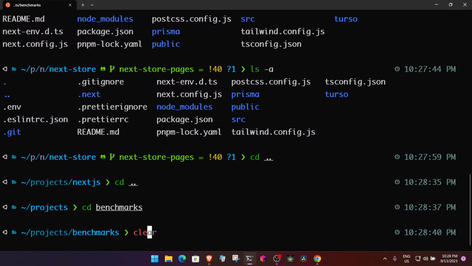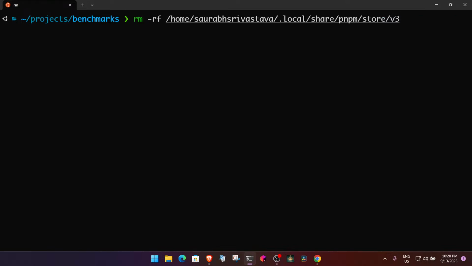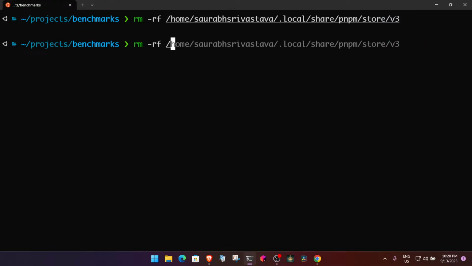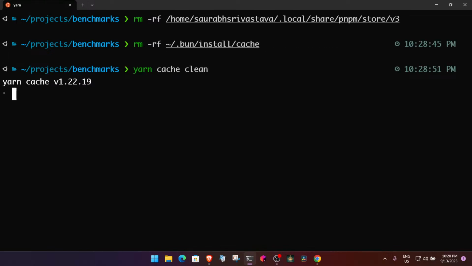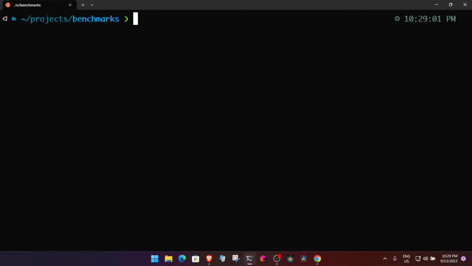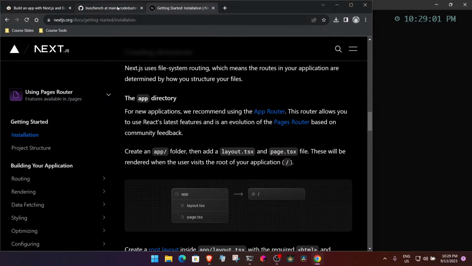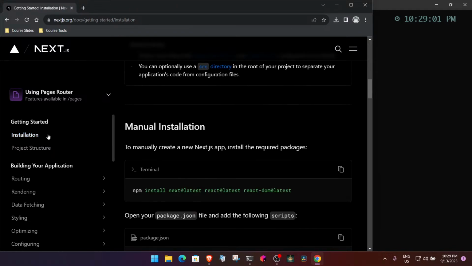Okay, go back to benchmarks, and this time what I will do is again rm -rf everything, rm -rf bun, then yarn cache clean, then npm cache clean. Okay, now we are back to square one. So here's what I'll do: create, what is the command? We can remove this installation,